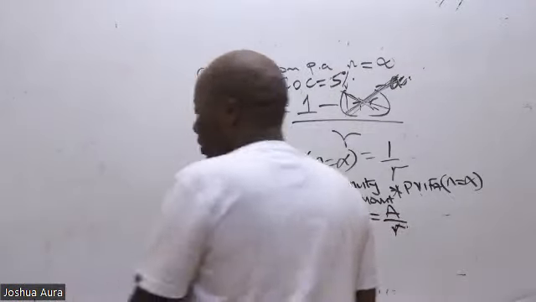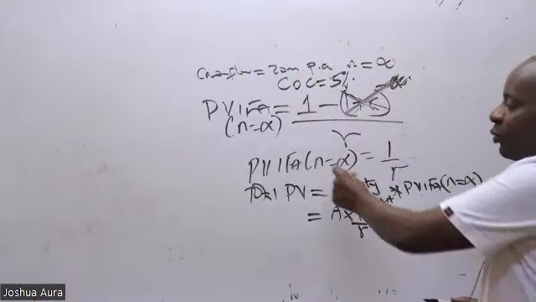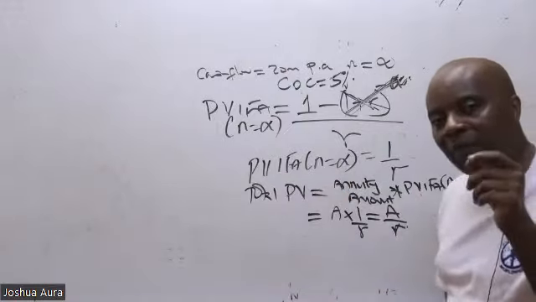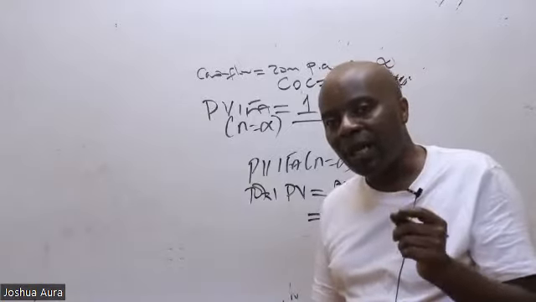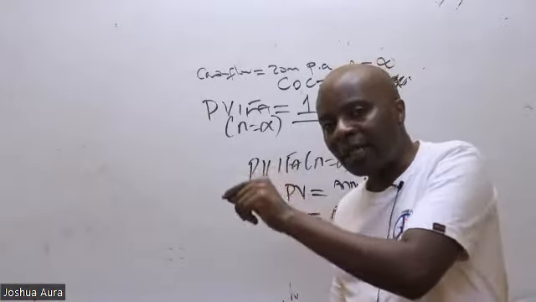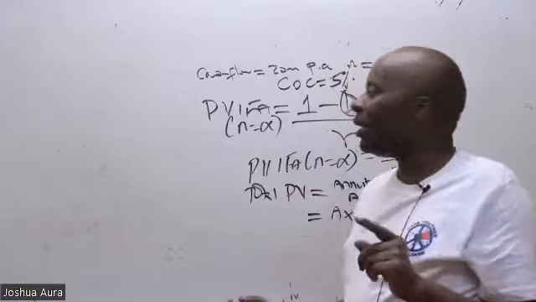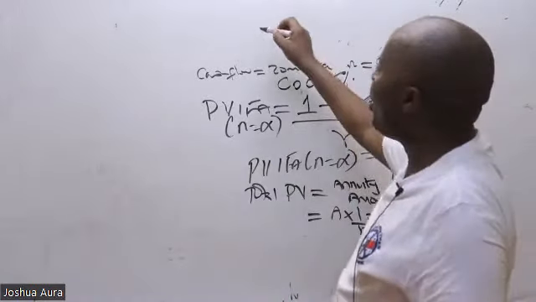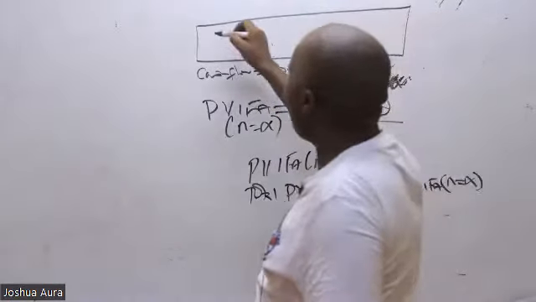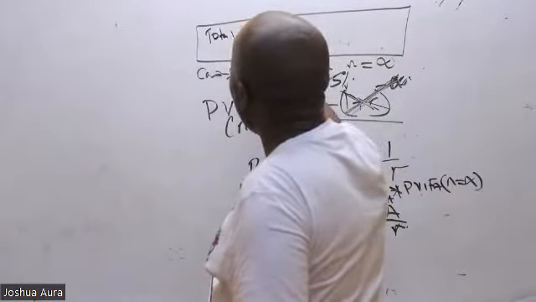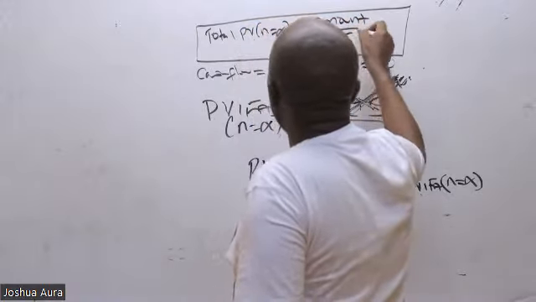This is a very important formula that I would want you guys to highlight. You don't have to derive it. But when you go to an exam question, and this is quite popular, and you realize that the examiner is telling you that company A will be receiving 10 indefinitely, then you will remember that the total present value, when n is infinity, will always be equal to amount divided by R.